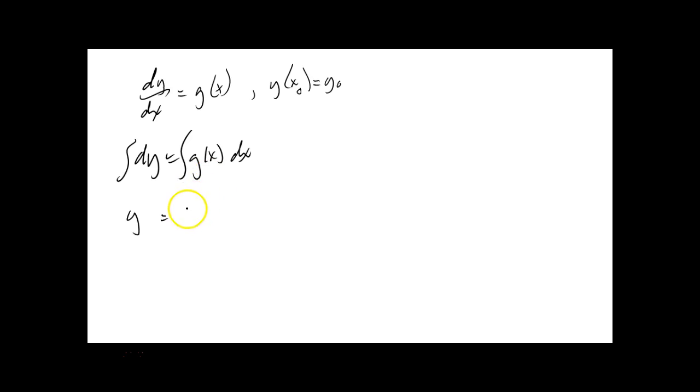And this you just have to leave as the integral of g of x dx plus some constant c. But you have the initial condition, so y of x sub 0 then would be